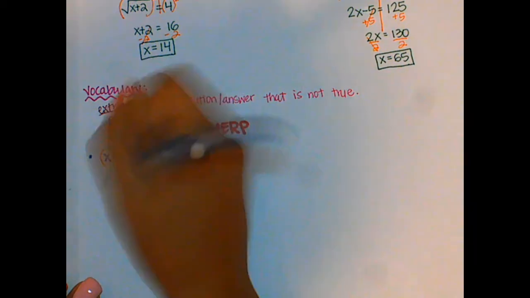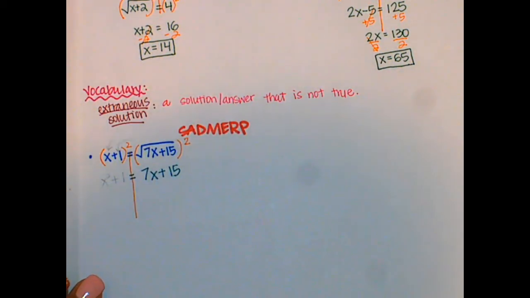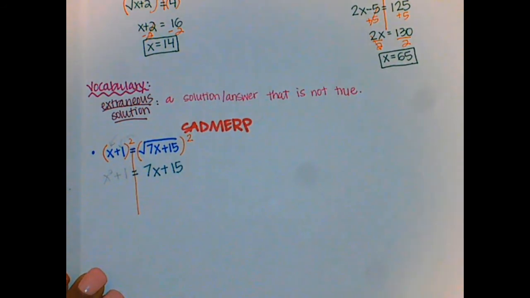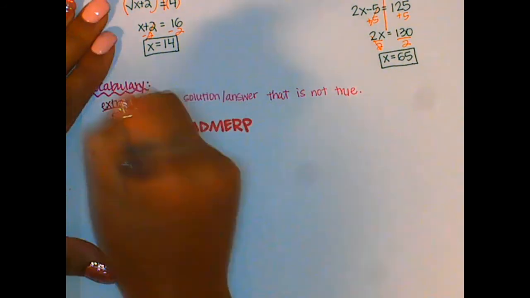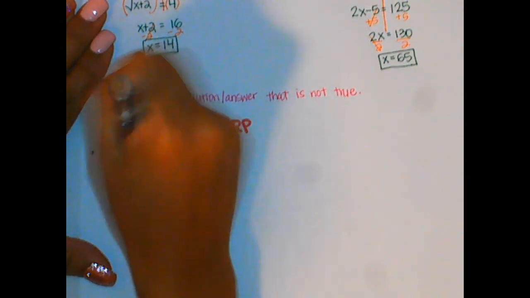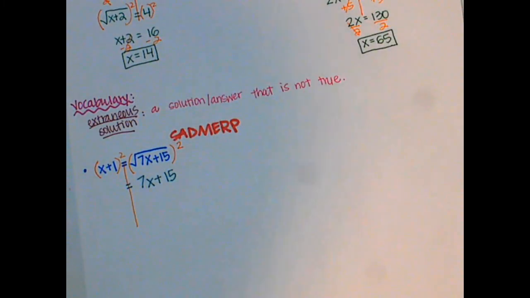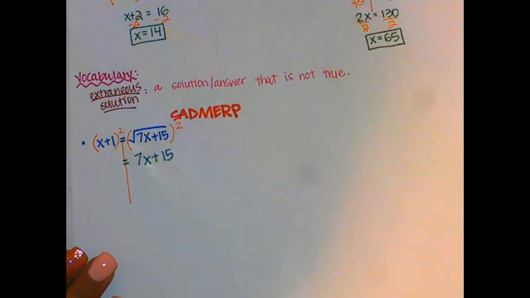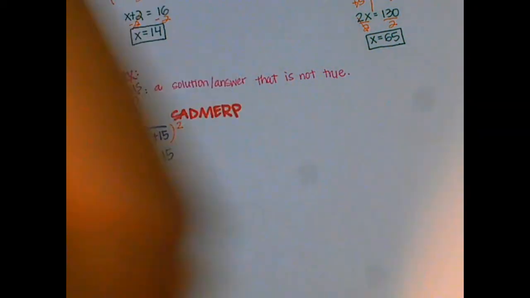Now, I know you can barely see this, and that's intentional because I want to erase it, because that's wrong. We actually cannot distribute that exponent. So I'm just going to go through and erase it so I can show you how to actually do it, because you know how to do that. I'm going to take that part off to the side over here so I have a little bit more room. And I am going to do x plus 1